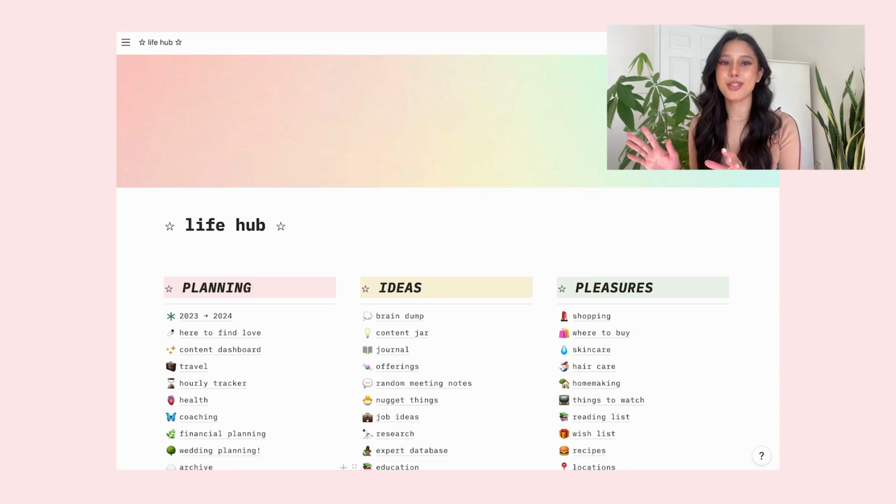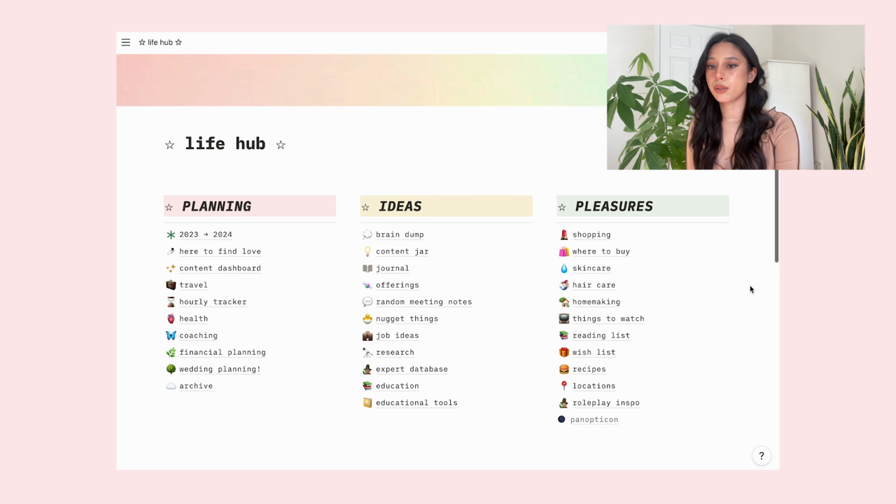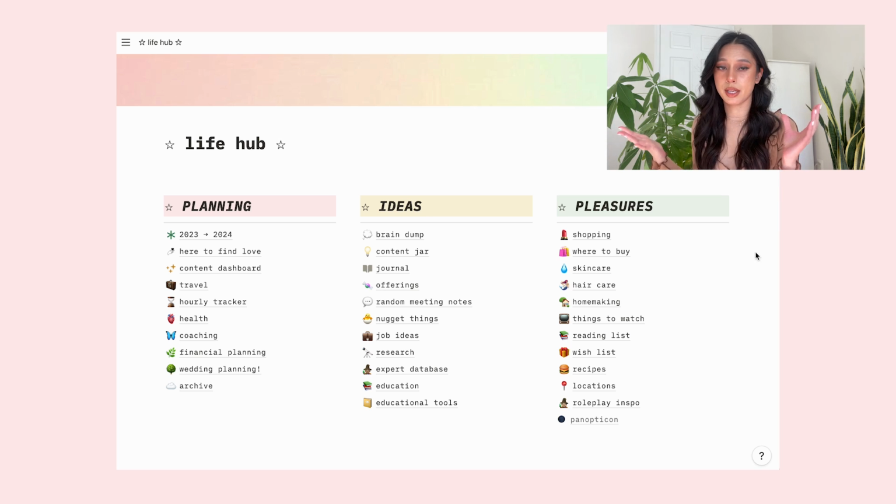Okay, so here we are in Notion, and the first step is we're going to make the Notion page that you want your weekly planner to live on. Typically people will have a main Notion life hub dashboard like this one right here. So you can see this is just where all of my different pages and information hubs live. You know, my shopping lists and things I want to watch, reading lists, finance, planning,